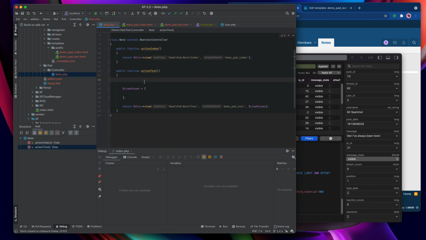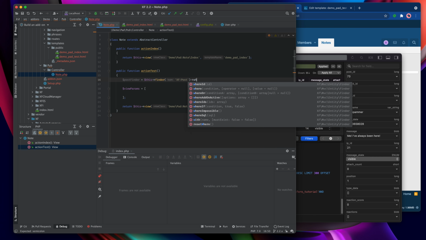Back in the PHP here, I've got rid of all of that editing code, and we're going to get some fetch code again. So we'll start off with a post finder, and then we'll get the finder for XF:Post, the entity short name this time round.